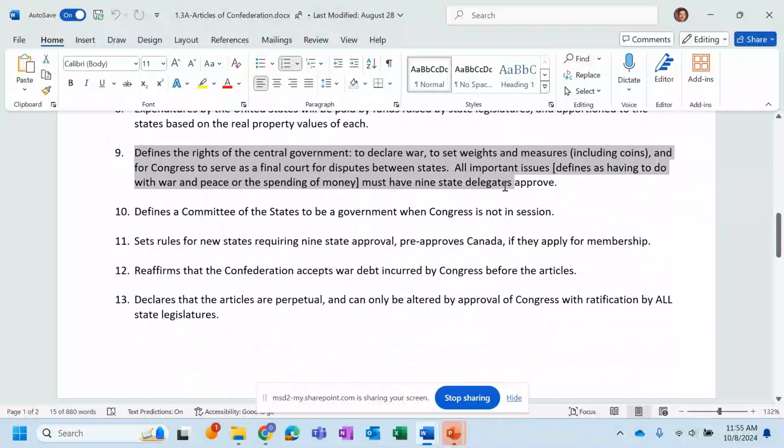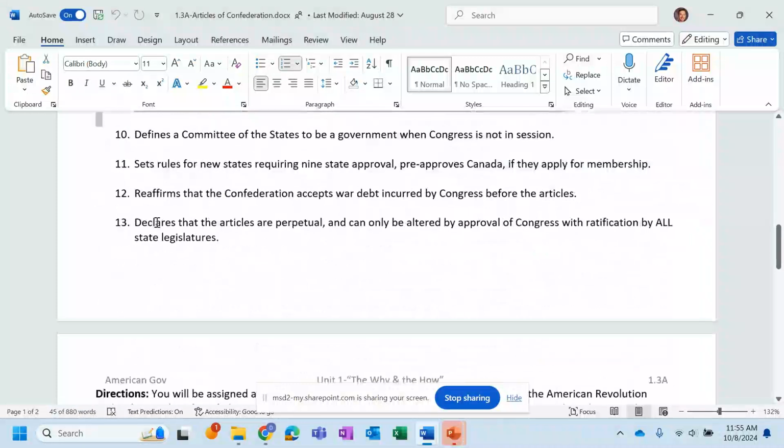Very, very limited rights of the central government. If it wasn't here, then basically they didn't have those powers. Changing the Articles of Confederation was very, very difficult. You had to have all the states ratify any changes. So that caused problems. So in our game, we had issues with paying back